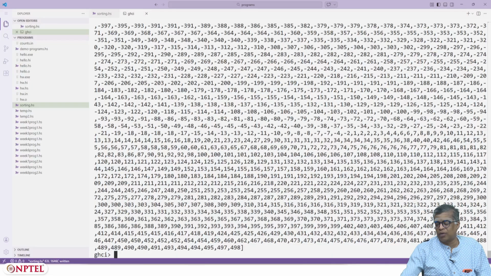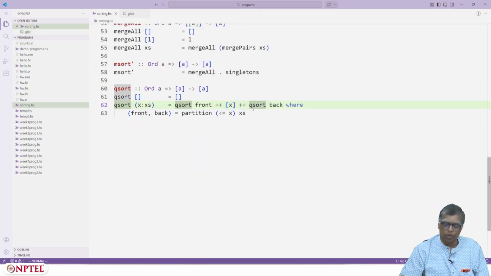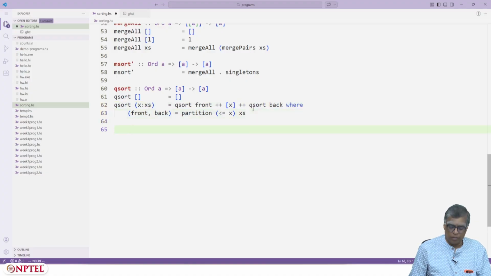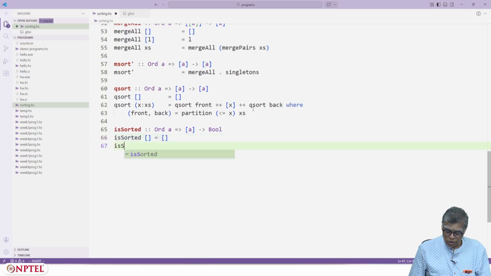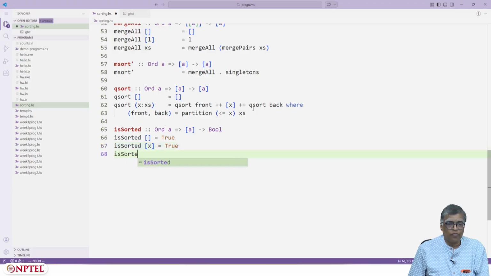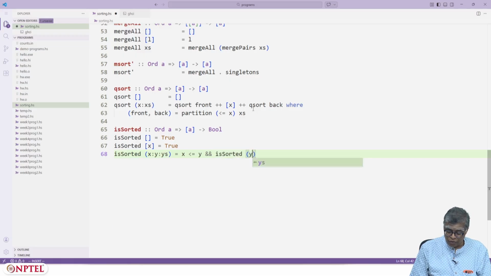So one useful thing to have is a small function called isSorted, which will tell you whether your list is sorted or not. isSorted of the empty list is true. isSorted of a singleton list x is true. isSorted of x followed by y followed by ys is x less than or equal to y, and isSorted of y followed by ys.